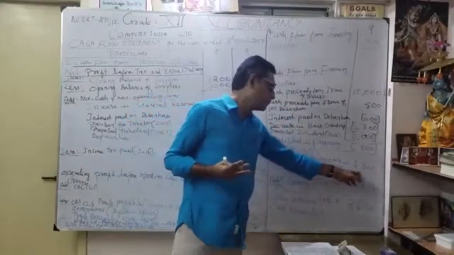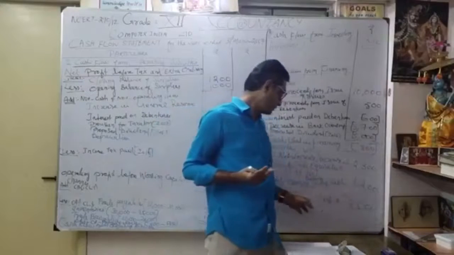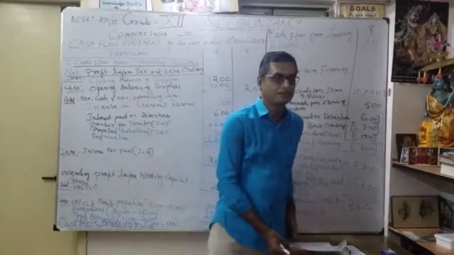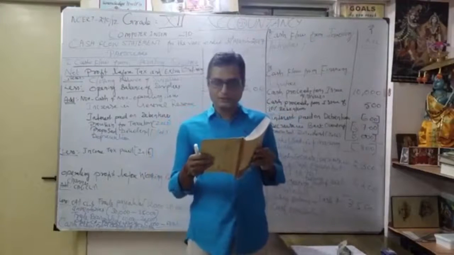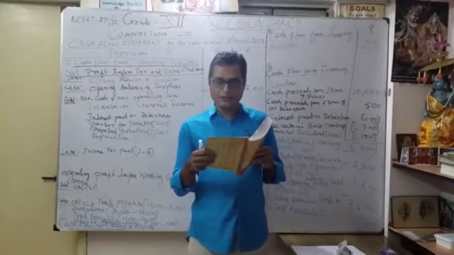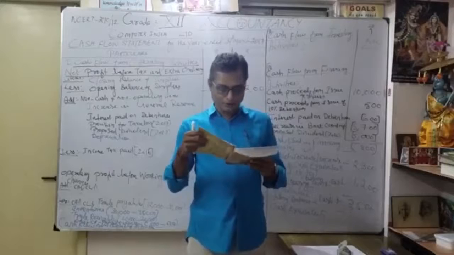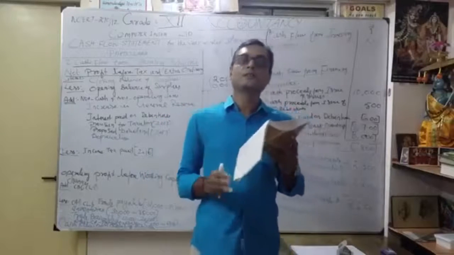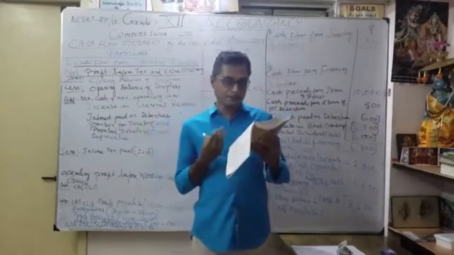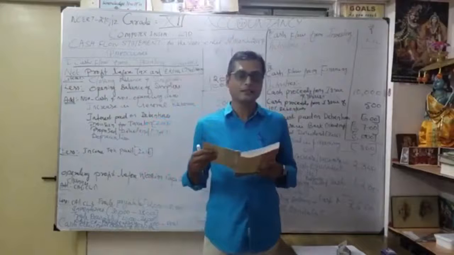Our opening balance is 2,300, and our closing cash and cash equivalents, how much? 3,500. So when you do this in our book, see there is 2,100, 1,000, 4,900. When you add all, what will happen? 5,000, then 8,000, totally 8,000. When you add 1,200, it becomes 9,200. But you can't get 3,500. So all the three answers are wrong. Better change it. That's why I did this problem.